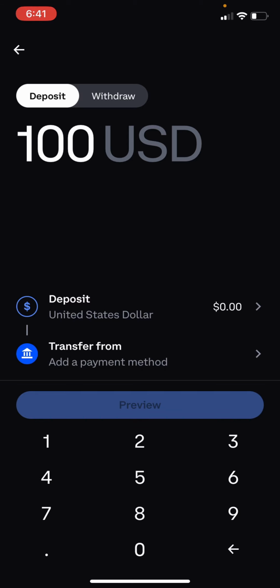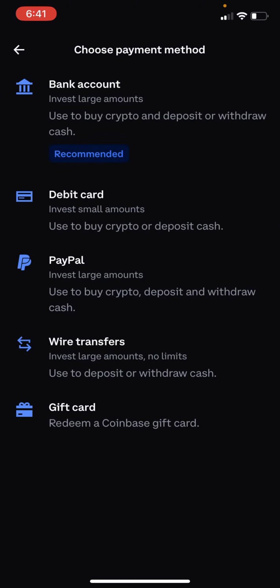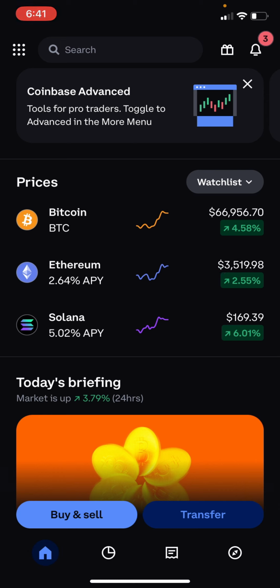And of course, if you haven't already, where it says add a payment method right here, we're going to press on that and choose how we would like to take the cash out of, either a bank account, debit card, or etc. But once you have money in your Coinbase account, Bitcoin should be listed right here on the home